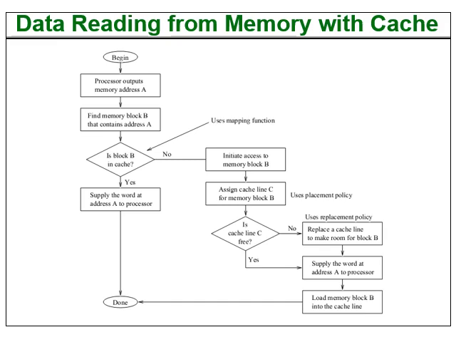Now this address of the word that the CPU has generated will belong to some block. Let us say it is word number 0, 1, 2, 3, it will belong to block number 0. If it is 4, 5, 6, 7, it will belong to block number 1. If it is 8, 9, 10, 11, it will belong to block number 2, and so on. So after the CPU has generated the address for a word, the first task is to find out the memory block, let us call it B, which will contain the address A.